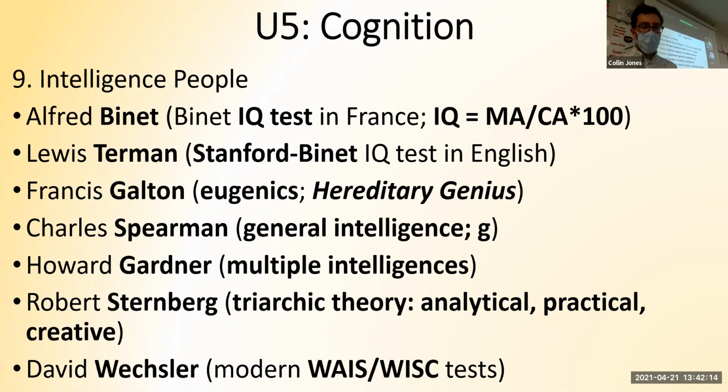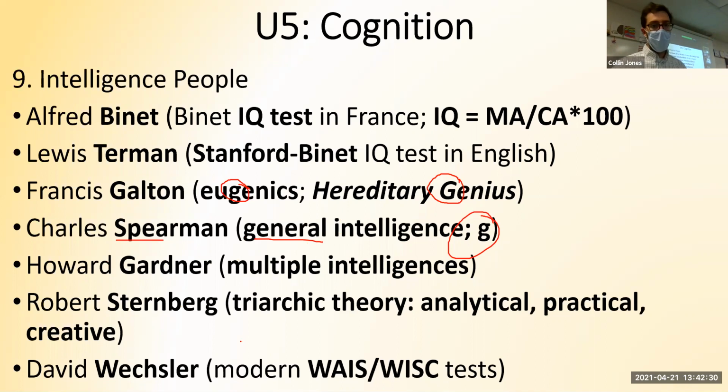Galton, he believed in eugenics, which is this idea that we should only let smart people have kids. A little racist. Hitler loved Galton. Spearman, I think about a general having a spear, and he said that if you're smart at one thing, you'll be smart at everything. That was Spearman's idea. Gardner said, no. Like a garden has lots of different types of plants. He said, we have lots of different types of intelligences. He called it multiple intelligences.